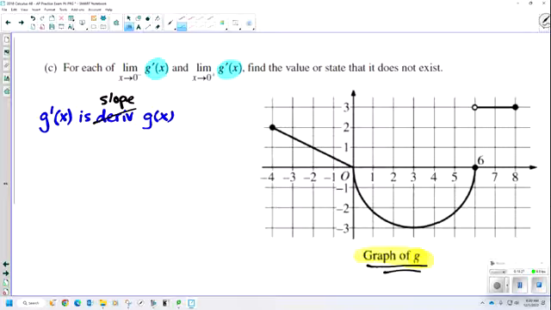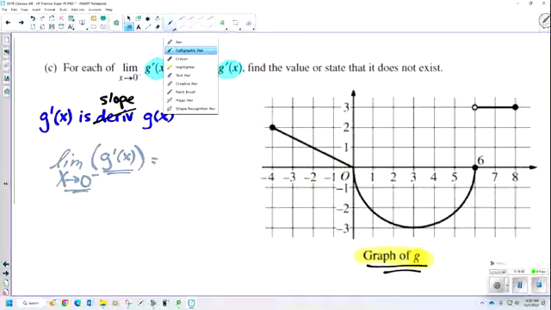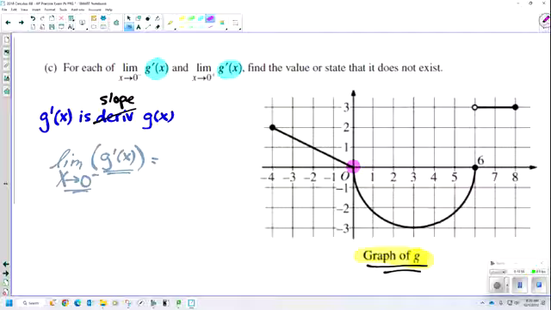Now keep in mind, we'll do this nice soft blue. The limit as x approaches 0 from the left of g prime of x. So what's the slope of g as we approach 0 from the left? That's really what they're asking. And 0, in case y'all didn't know, is the origin, right there. That's where x equals 0. So as I approach 0 from the left,